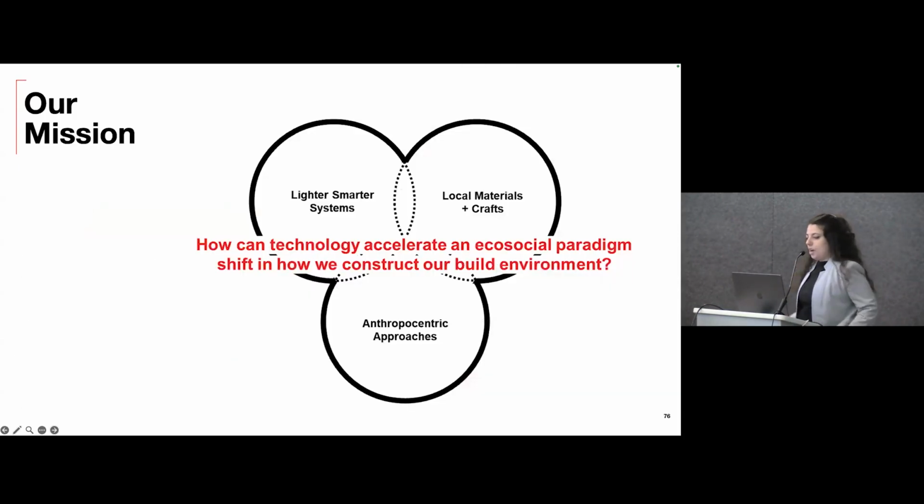So our mission at the lab is we're asking how can technology actually accelerate a more eco-social paradigm shift in how we construct our built environment. We look at creating lighter and smarter systems, making them with local materials and respecting craft practices, and we also look at creating more human-centered workflows.